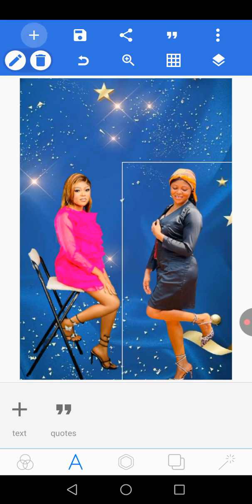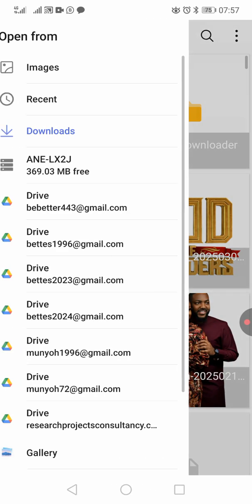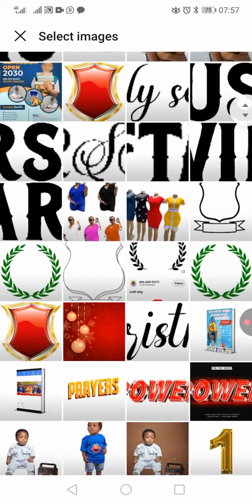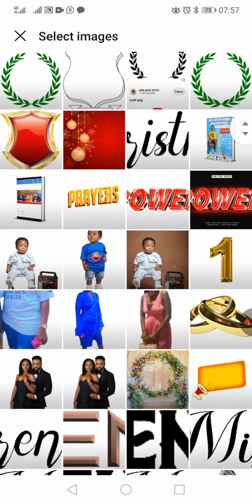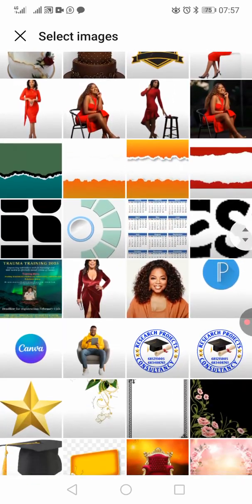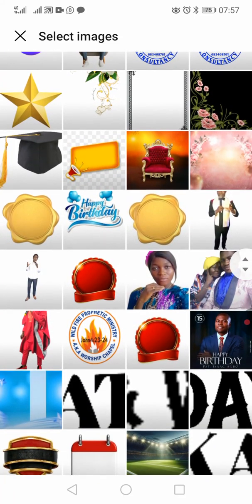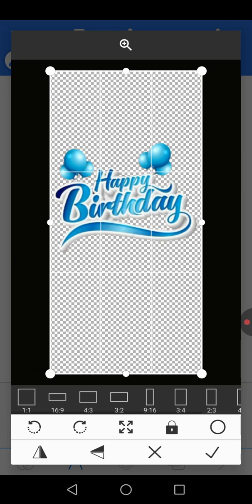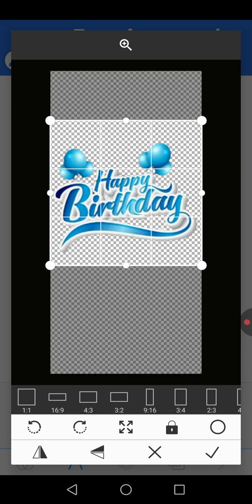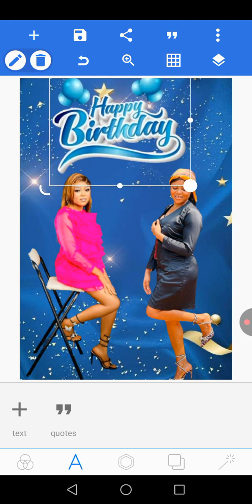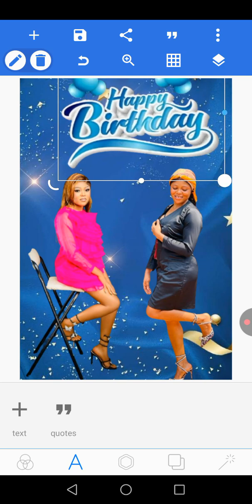All right, so the next thing that we're going to do also is to put a happy birthday text there. But in this case here, we're not going to be typing a text. We're just going to use a text that has already been formulated for it. Okay, Happy birthday, Professor Bettis. So I'm going to use this one for the happy birthday, like this, and you just expand it and you put it up here. Expand it,